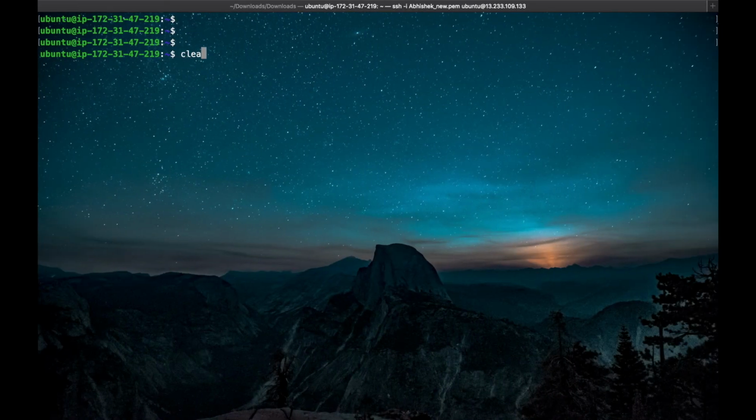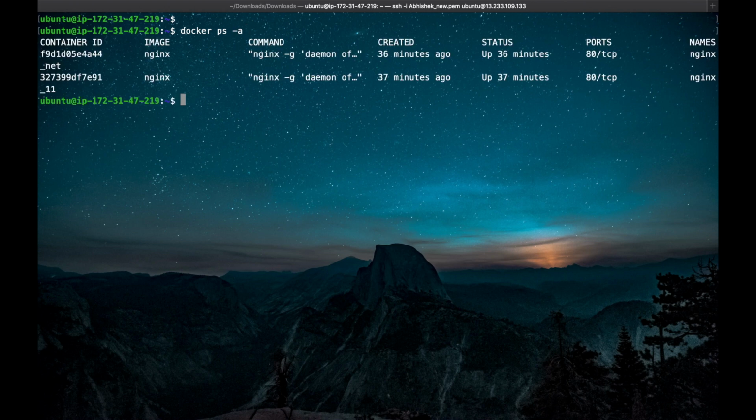So let's go for this example. Go to the terminal. We already created the two containers. So let's log in to one container. To log in to the container, the command is docker exec -it and the container name.